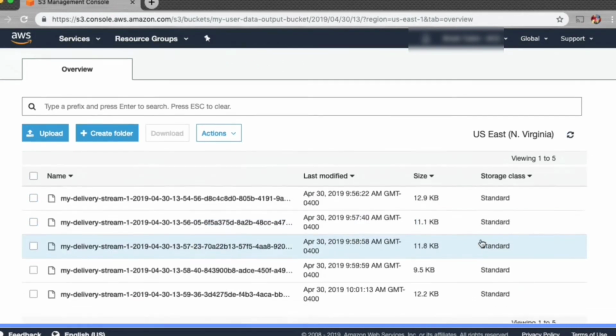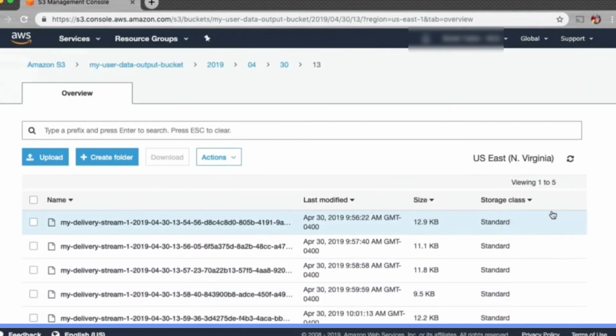So now, we have successfully streamed our data into Kinesis. We have queried and transformed it with Kinesis Analytics. We then set up a destination as a Kinesis Firehose to output that data onto S3. So if we refresh, we can actually see more data being loaded into S3, which is exactly what we want. As the streaming data comes in, we transform it and then load it into S3. This is actually really cool.